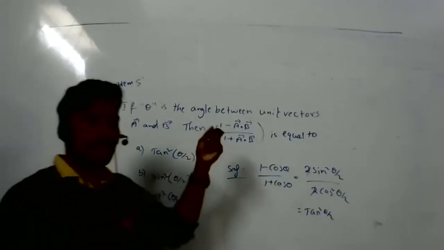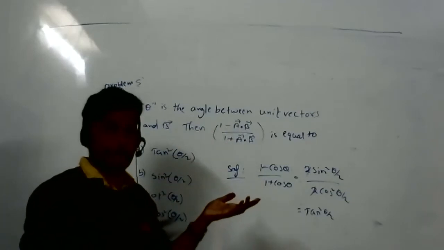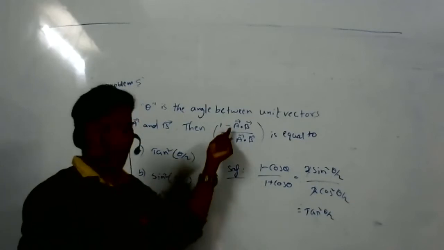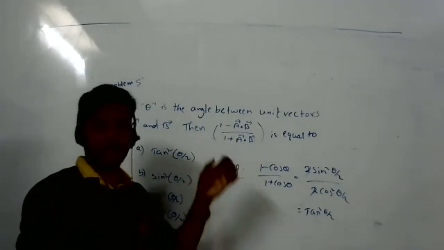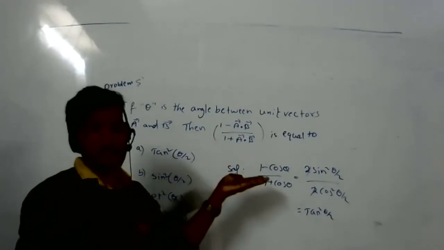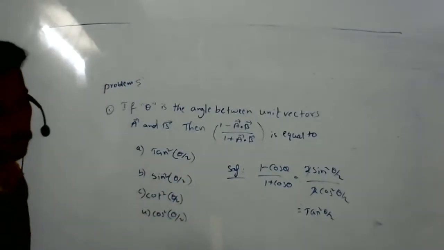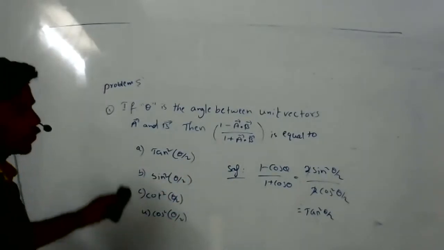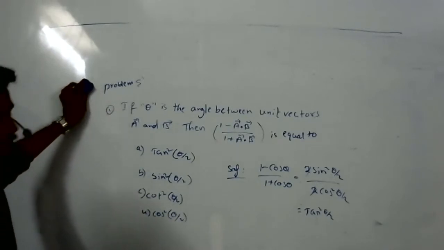Whatever it may be, even if they don't give unit vectors and give other vectors, whenever you see a dot product, you should apply the dot product. But here they give a unit vector, right? So the answer became very simple. Then we can find the dot product. We always know how to do the dot product also. I explained that. One more question.